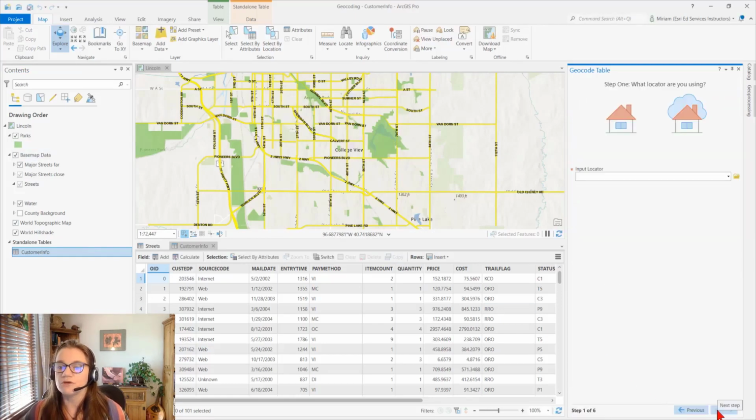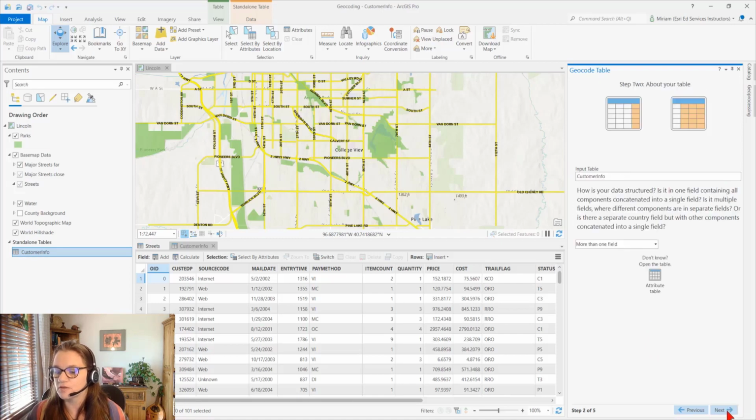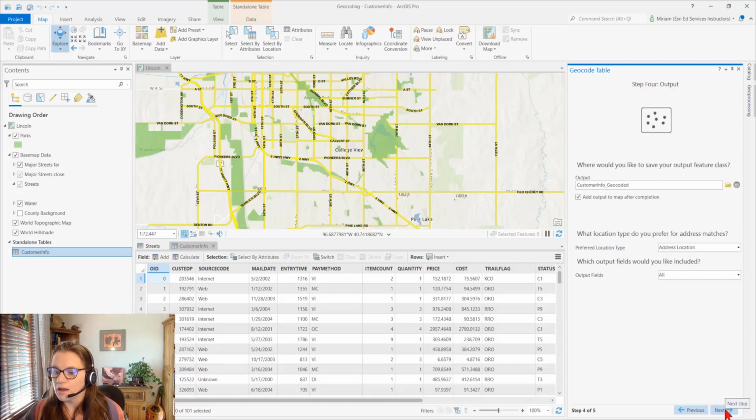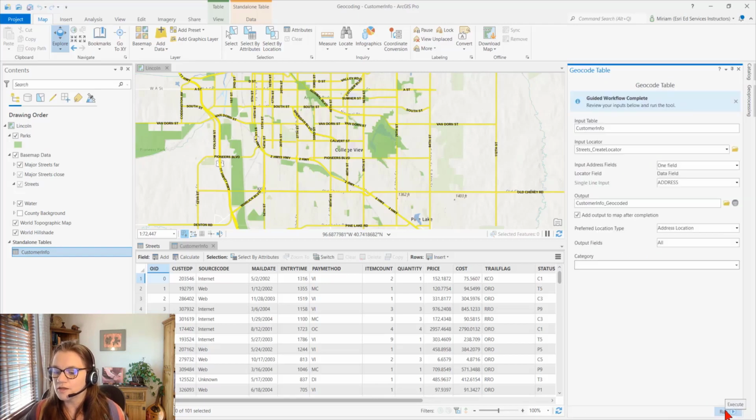So this is going to be a wizard that steps us through the process. We pick the locator that we just created. This is the one that we're going to use. The address information is in one field. We just discovered that. And that's going to be the address field. Parameters I leave at default. And then when we run the geocode process,